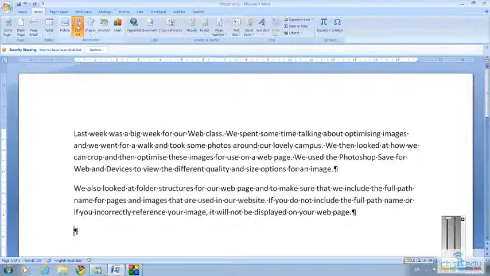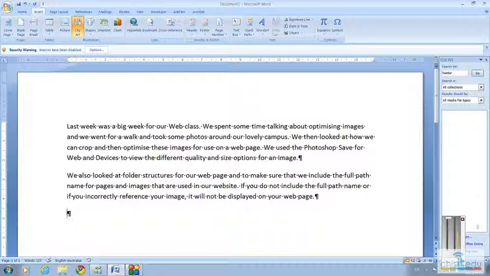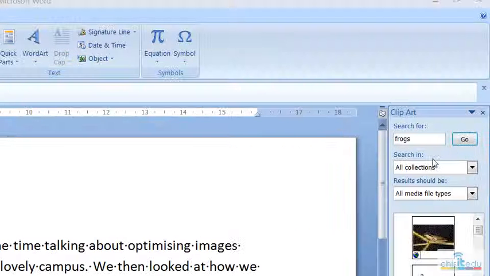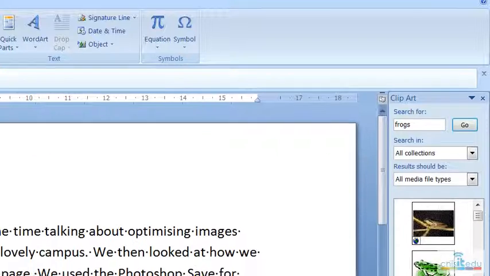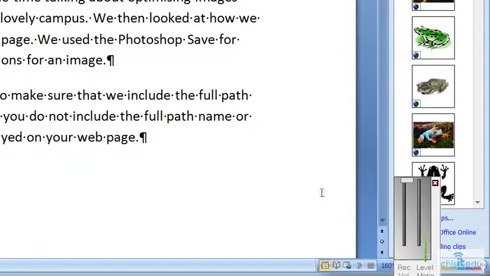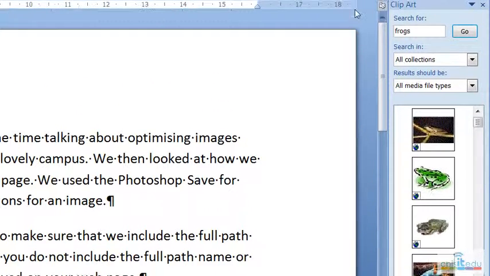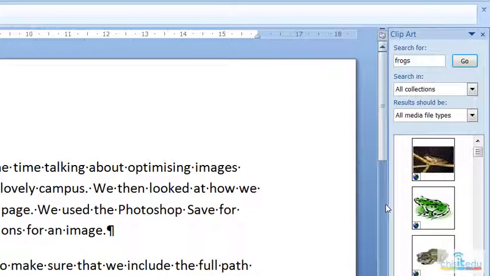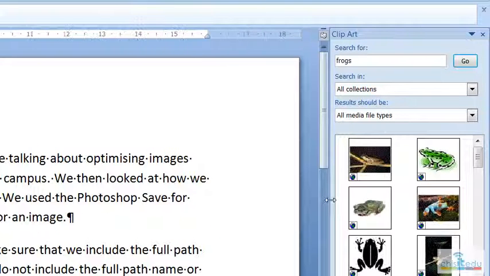Firstly, have a look at clip art. Click on clip art. Our pane comes down the side here. We put in our search criteria, and let's say I want to find out about frogs, so I want to get some images of frogs from our clip art. Just zoom in there and click go. And what you'll see is some sample images, clip art for frogs. I'll just move this over a little bit so we can see a few more, a couple of lines of it. You can have a look down here,